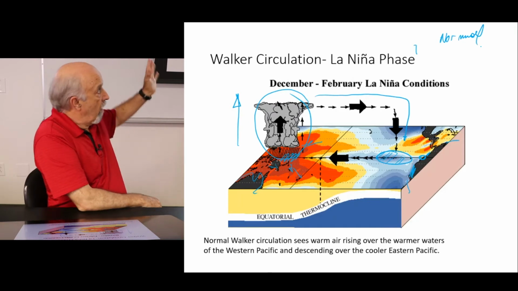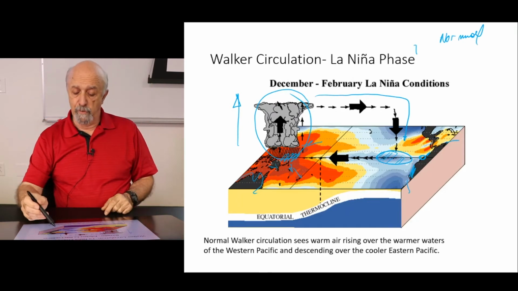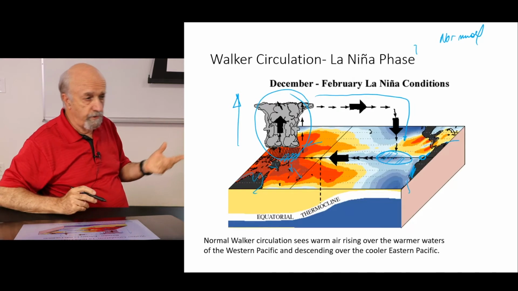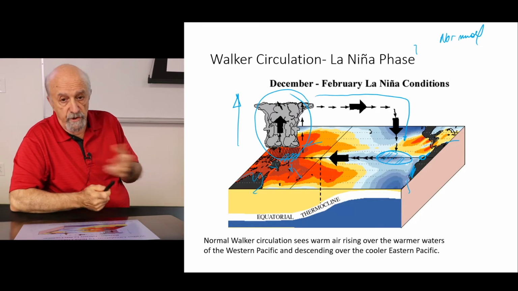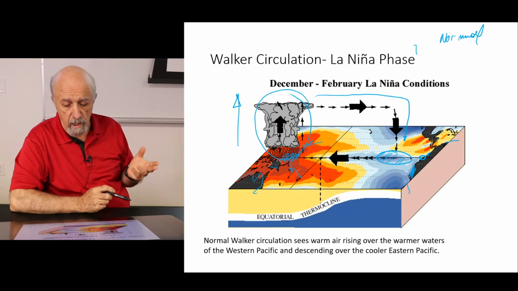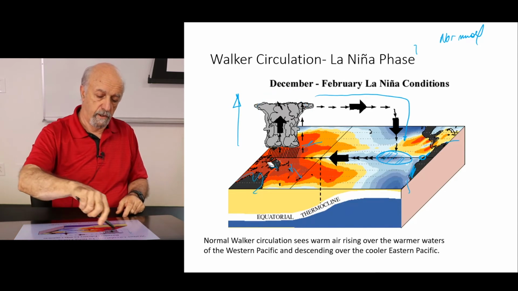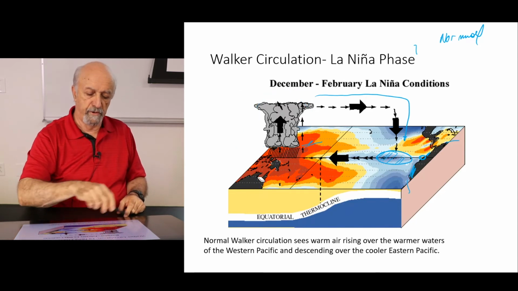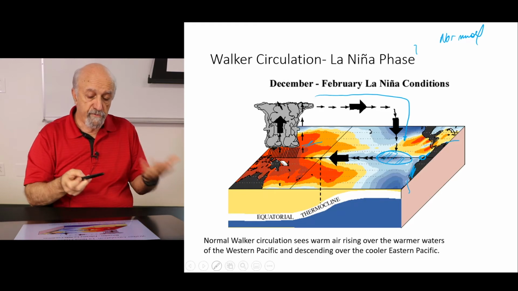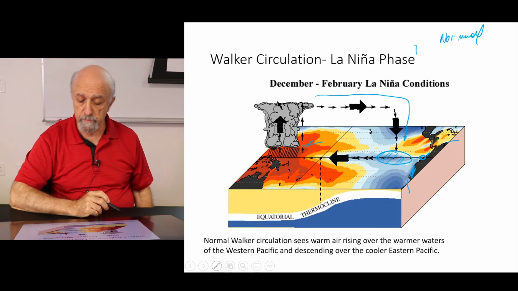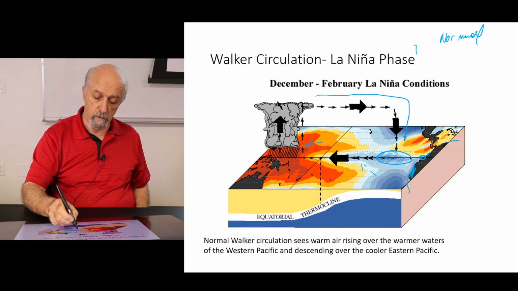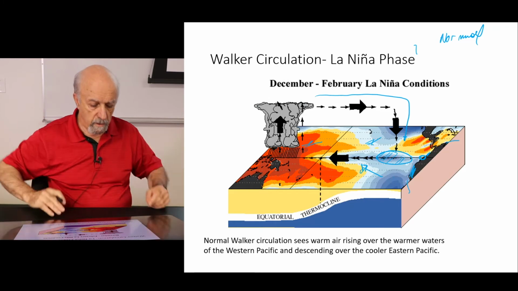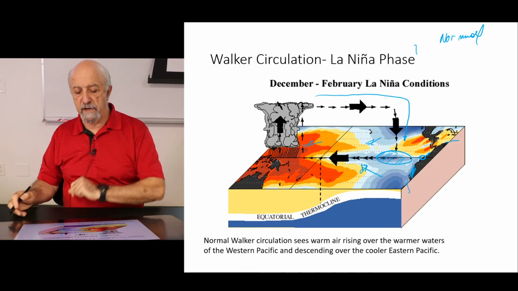So this is good, right? We like it. Why? Well, because in this place where it never rains, the people who live in those places are always complaining because it doesn't rain, but if it rains too much, nobody likes it. But here it rains a lot, and it's all right. We do have a lot of precipitation. This area here, in fact, is rainforest, so rain is welcome. And the trade winds blow quite well in this direction and this direction. Upwelling happens, fish are happy and all good. So this is the La Niña phase, or normal.